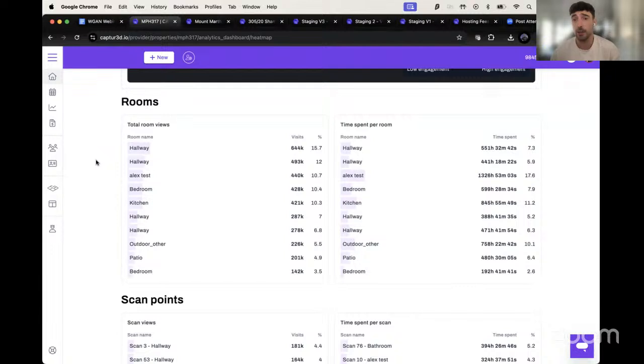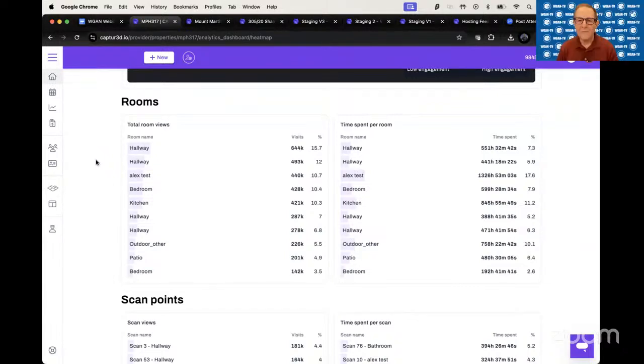And you might find differences if you promoted the tour in a social media campaign or advertised the tour elsewhere, to really understand the traction that tour is getting, as well as the different spaces and elements within the tour. So the CSV is more for being able to send that on to clients and colleagues, but also as a foundation and base for comparison of data against other properties or scans that you have.